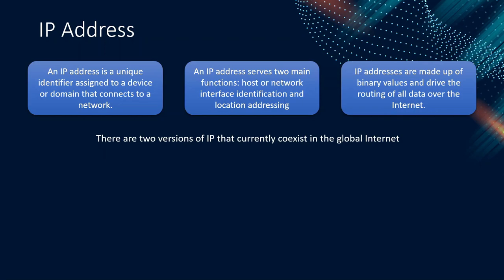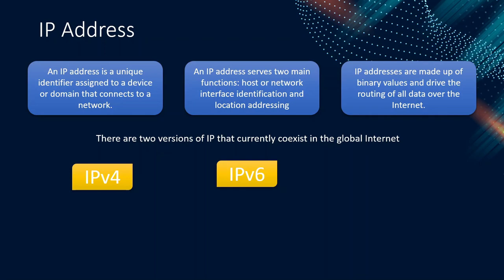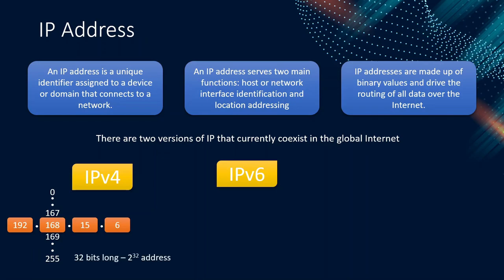Currently, there are two versions of IP that are followed, IP version 4 and IP version 6. IP version 4 is in decimal representation divided into four parts. In each part, the number ranges from 0 to 255. That makes it 32 bits long, hence providing 2 to the power 32 addresses, which is roughly 4.2 billion. But as time passes and the internet expands, IP version 4 addresses are getting exhausted. As of 2016, 3.7 billion public IP version 4 addresses have already been used.